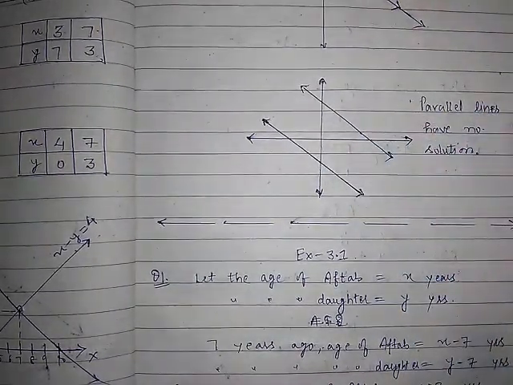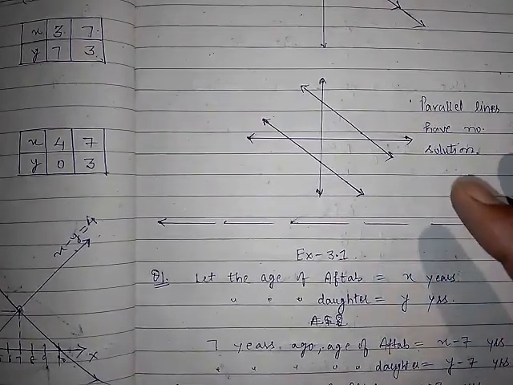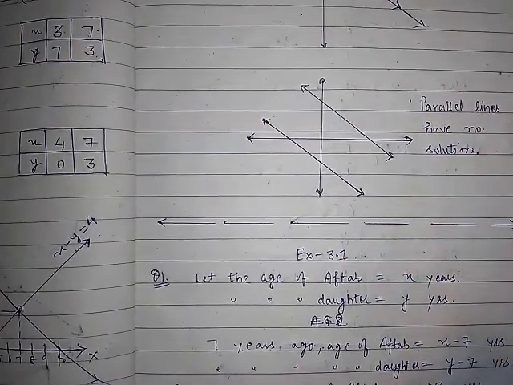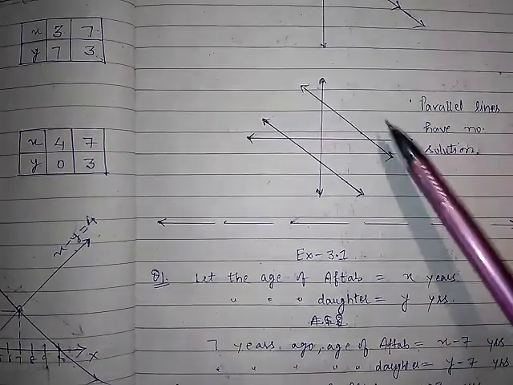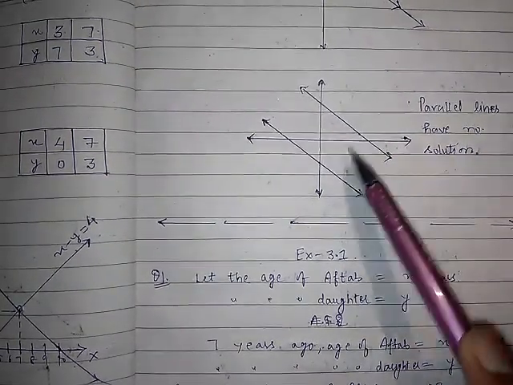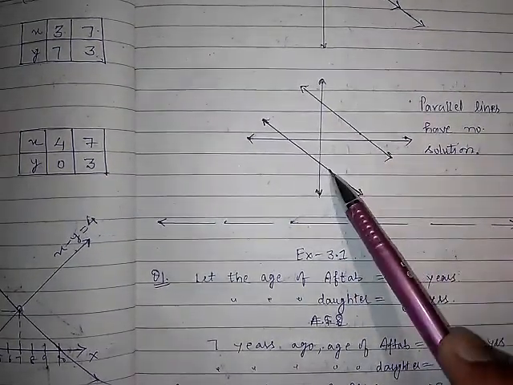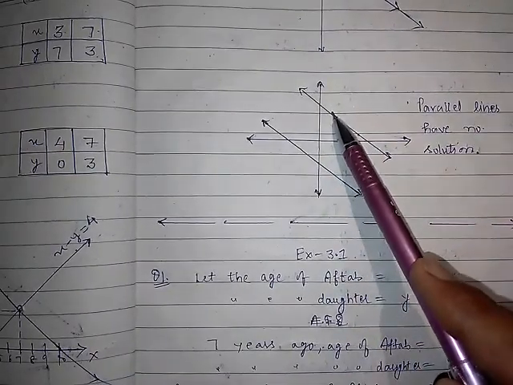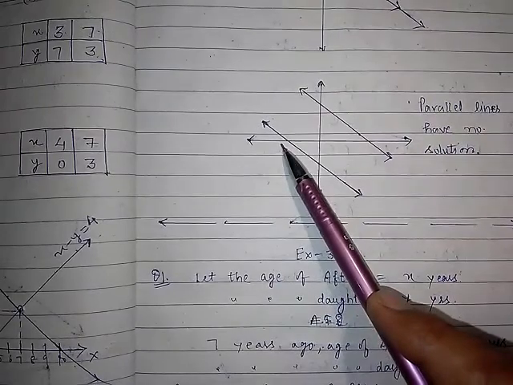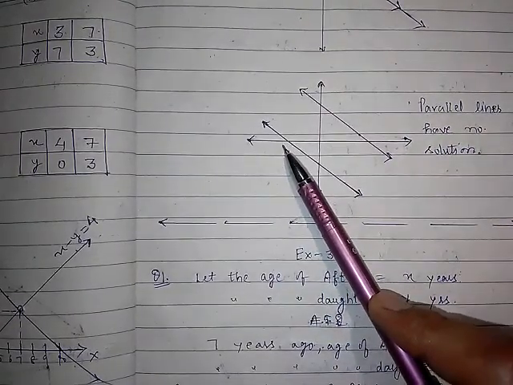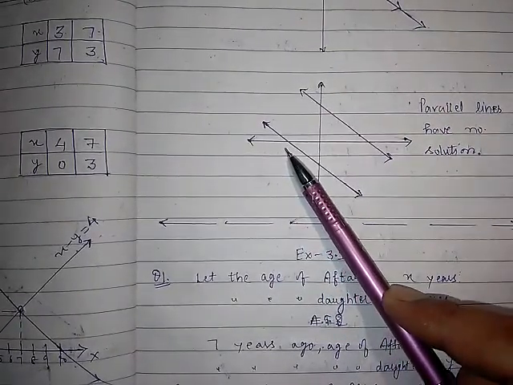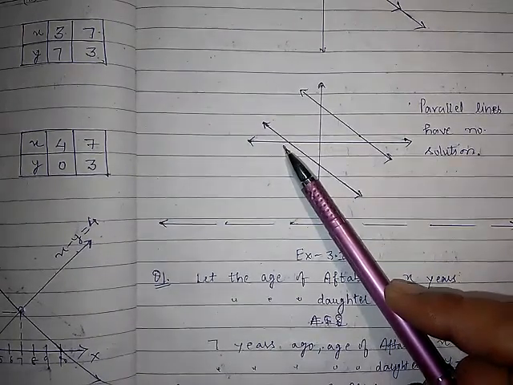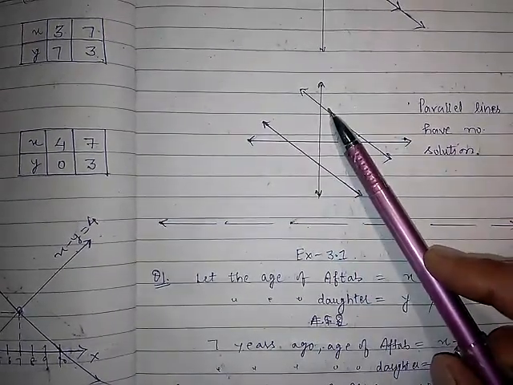Okay, so here the matter is not of understanding, here the matter is of your eyes. What can you see here? Okay, common means common. So this point is not common between both. In the same way, there are infinitely many points on line 1 which are not common with the second line. Or you can say, in short, there is no single point which is common between both. Why?